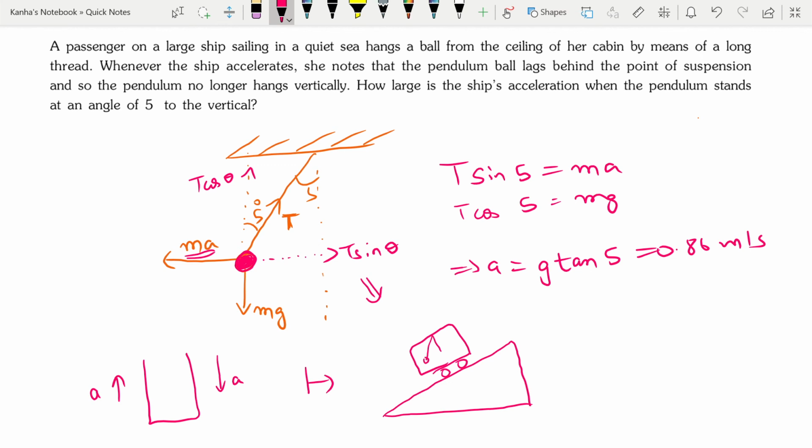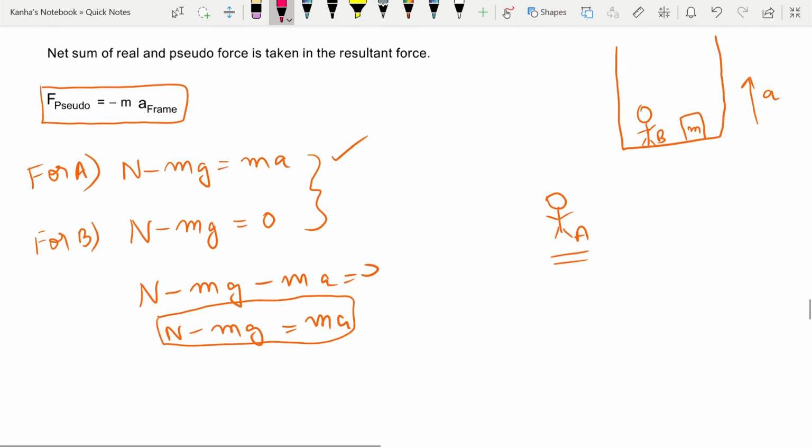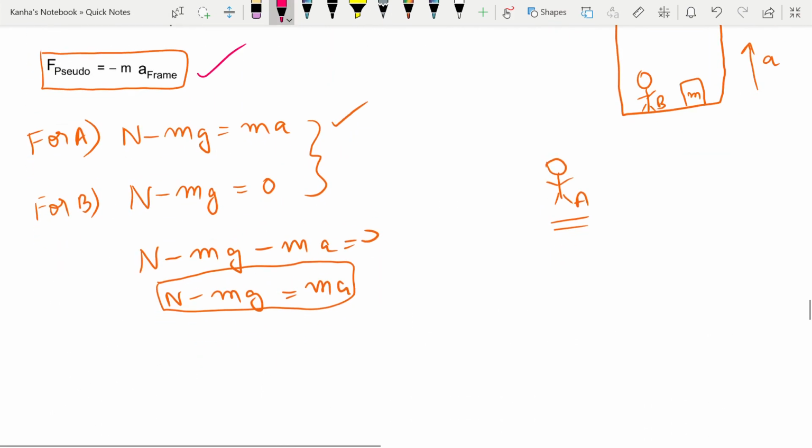Here you had an acceleration of a. In this case, you know that because of the incline there is an acceleration of g sine theta of the frame itself. So this outer frame is moving with the acceleration of, sorry, not m but g sine theta. So you should keep this in mind whenever you're given an accelerated frame. While writing the equations of motion for the system, you just add the pseudo force to the equation, which is equal to minus m times a of frame.